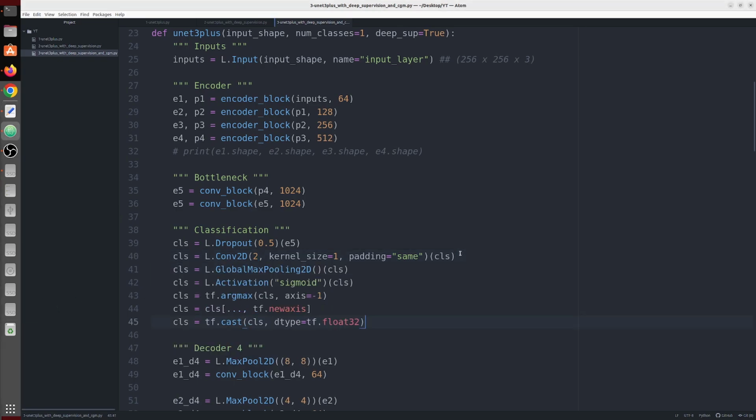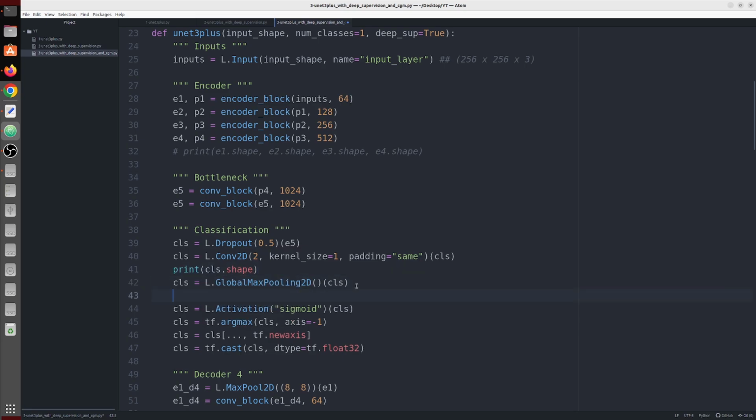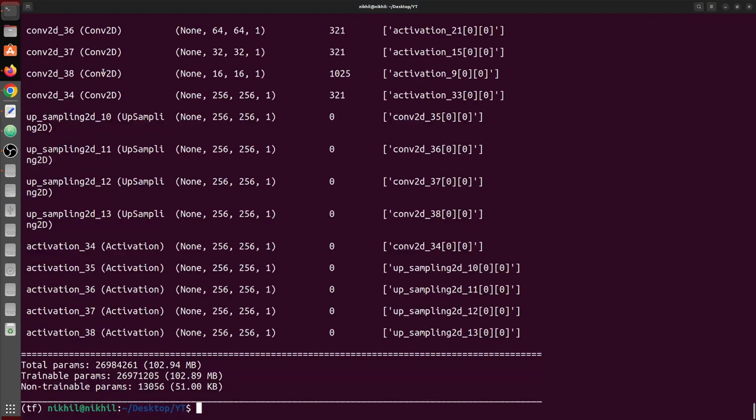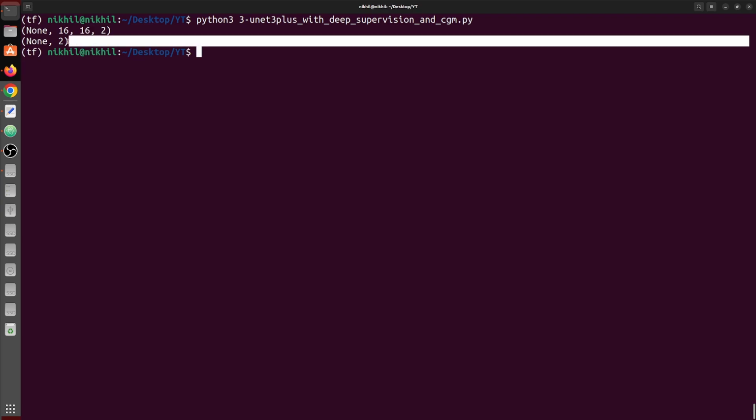I'm going to paste all the layers. After convolution, we have global max pooling. What I'll do, I'll print the shape of everything so that you get to know what I'm doing. Now we're going to print the shape after global max pooling also, and I'm going to comment out these. Okay, here you can see this is the feature map, 16 by 16 by 2, and after global max pooling